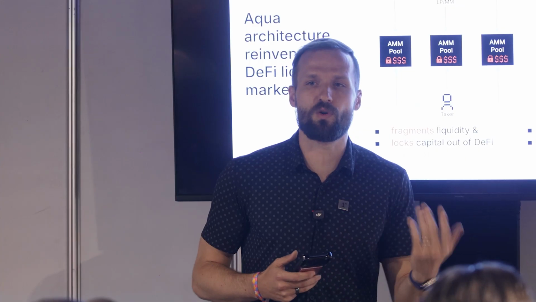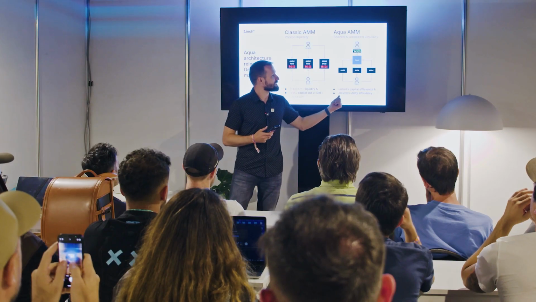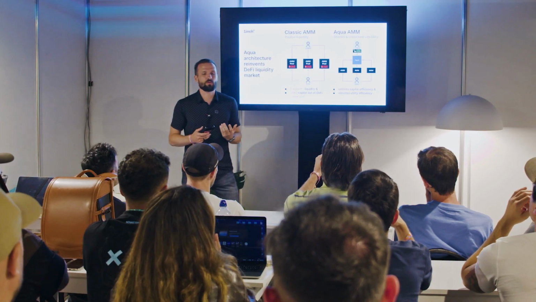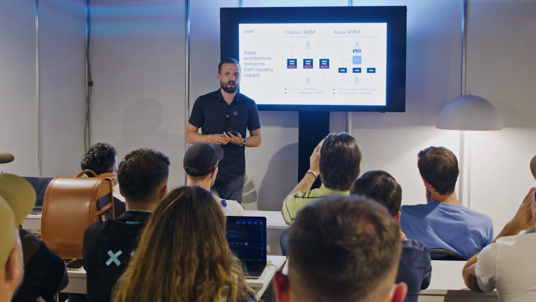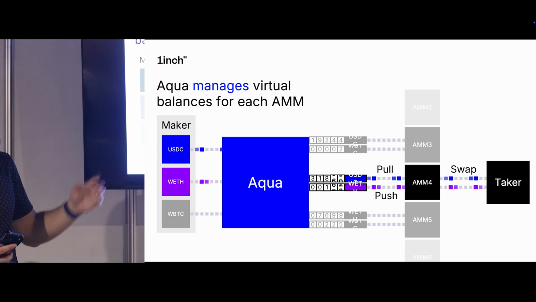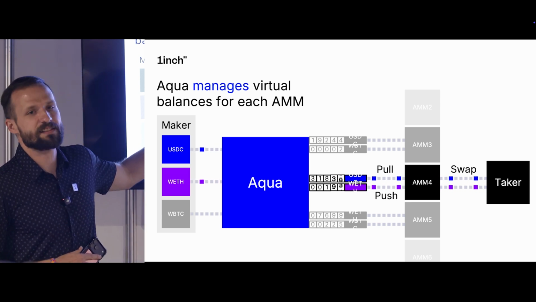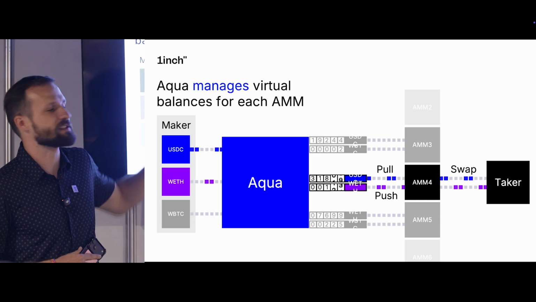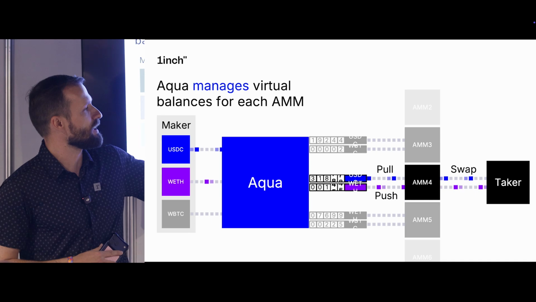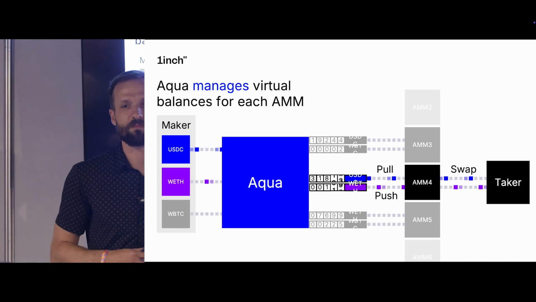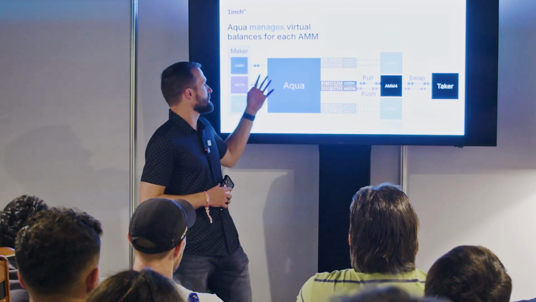Whenever you have some tokens in your wallet, they can at the same time be working in some AMM strategies. And at the same time, you could use them for DeFi. You could vote in a DAO, or vote on tokenomics, or whatever those tokens are offering. That's a nice visualization of how this is actually working. The Aqua smart contract is like a settlement layer to provide shared liquidity access, and the maker can configure the exact balances for a specific strategy. And the taker, when they come to swap with an AMM, gets these assets through Aqua.